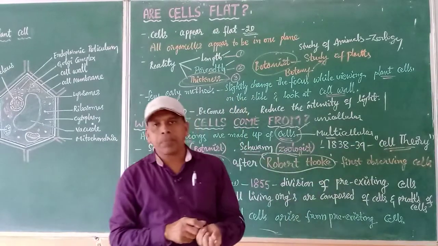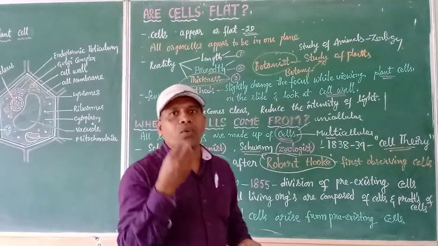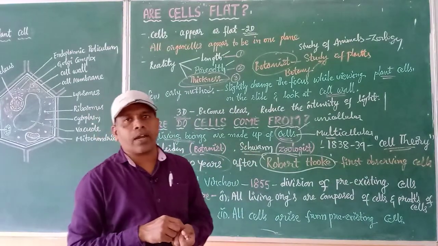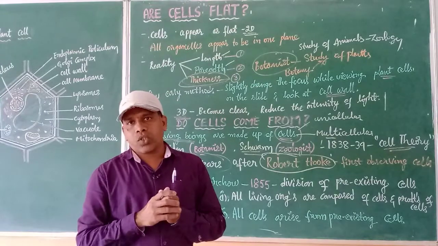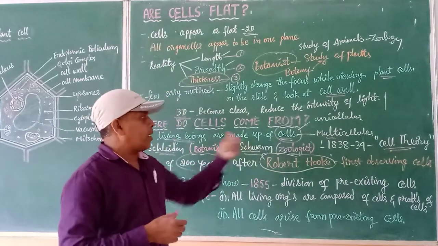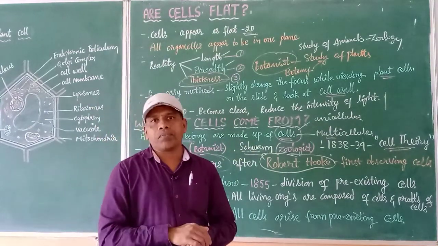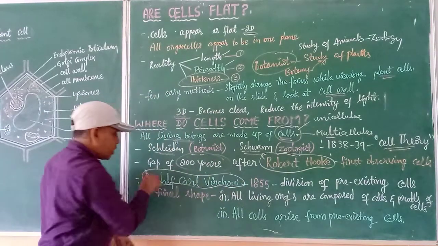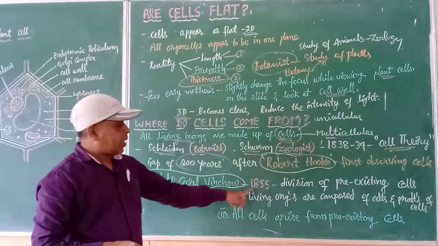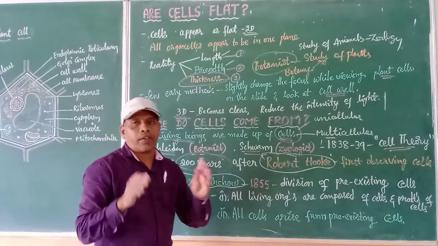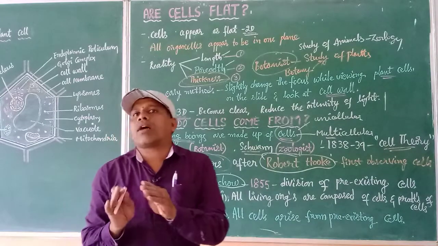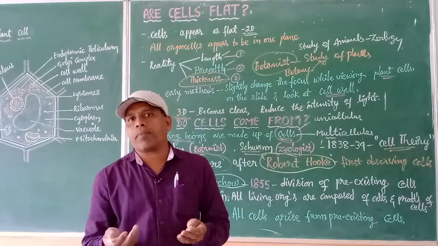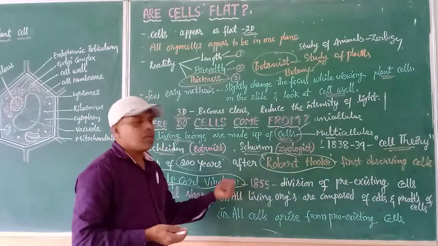But unfortunately, there were a few doubts which were not cleared by Schleiden and Schwann. One question arises here: where did the cells come from? When the question was posed to these two scientists, they could not give the correct answer. Then came one more popular scientist, Rudolf Carl Virchow, in the year 1855. He gave the correct answer. How are new cells coming, where are they coming from, how do they regenerate and multiply? It all comes because of his research.